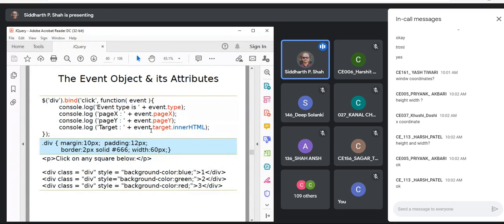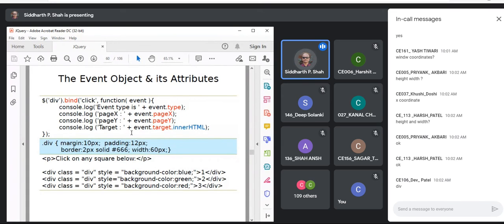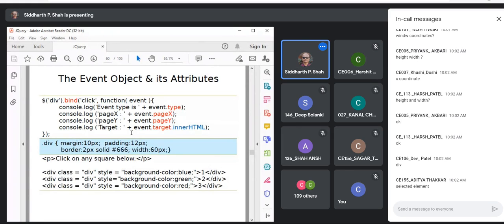Now, event.target.innerHTML. What do you think event.target will provide? What does it represent? It is the element where this event has happened, on which you have clicked, because the event type is click. It will give you the element on which you have performed the click, and then it will provide its inner HTML.